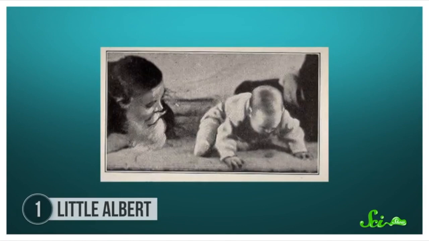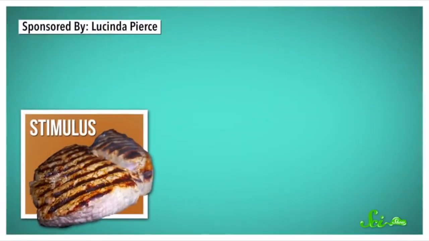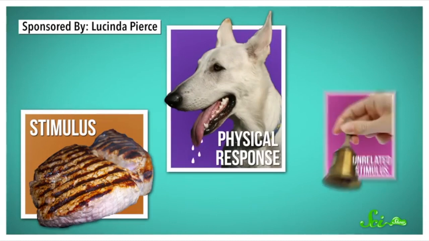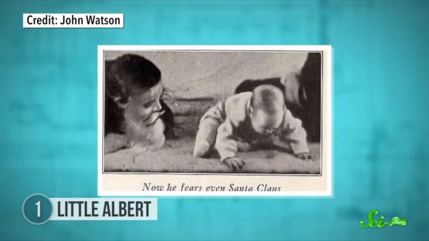But the code of conduct hasn't always been so clearly defined, and before it was, there were a lot of questionable studies being done. In the year 1920, a psychologist named John Watson wanted to show that humans can be classically conditioned, like what happened to Pavlov's dogs. Basically, classical conditioning means pairing a stimulus, like food, that triggers a physical response, like drooling, with an unrelated stimulus, like a bell. Even though ringing a bell, of course, wouldn't normally make dogs drool, when Pavlov paired the sound with food, he conditioned the dogs to respond to the bell by drooling. Watson and his team decided to prove that this could be done in humans by classically conditioning a 9-month-old baby named Albert using animals and scary noises.